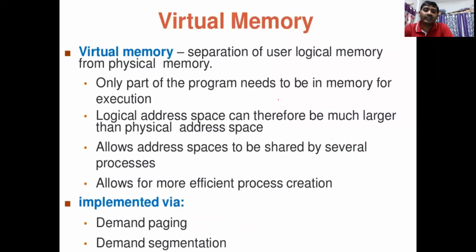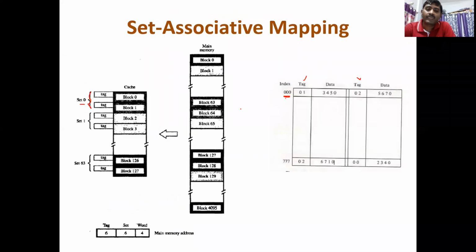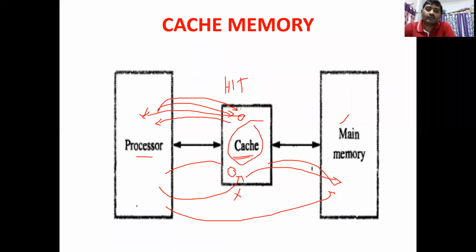So virtual memory is a separation of user logical memory from the physical memory. It does not physically exist. It is what we call a logical memory. Only part of the program needs to be in memory for execution. Sometimes the RAM, the main memory, is full and will not be able to keep more of the instructions, which it accesses very fast. So instead, we dedicate some amount of the hard disk, which is very frequently accessed by the main memory, and that is called the virtual memory.